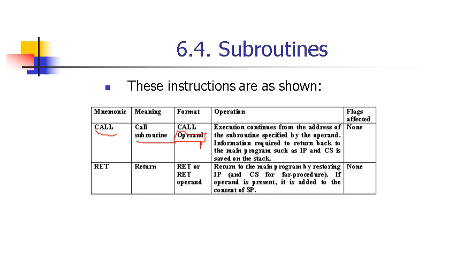And this is done by either modifying IP if the subroutine is inside the currently active code memory segment, or you modify both your IP and CS if this subroutine is stored in some other